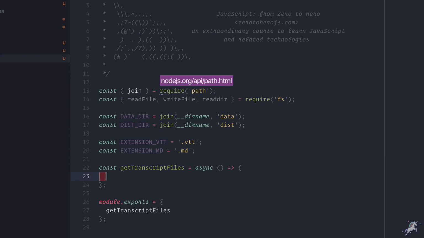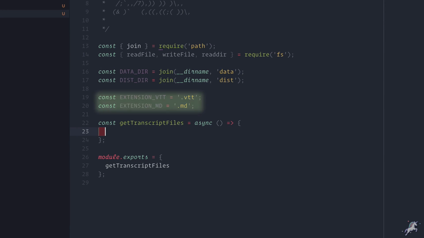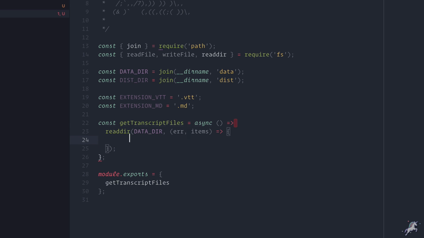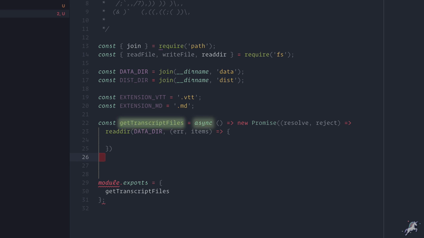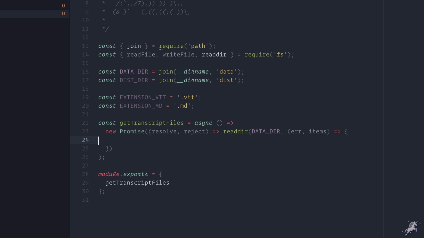So for that, I'll add read file, write file, and read dir methods of the fs or file system node module. Then I'll define my data and dist folders as constant paths, and I'll also define these two extensions as well. So I'll read from the VTT subtitle files and eventually save the cleaned up transcript files with Markdown or MD extension. Since getTranscriptFiles is an async function, we'll have to return a promise from it, and inside that promise